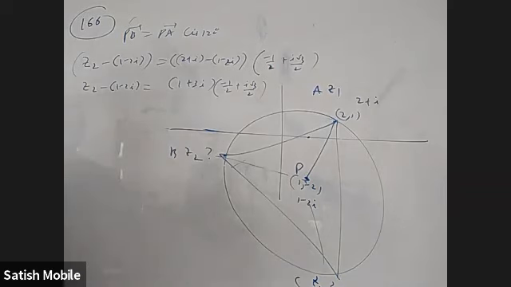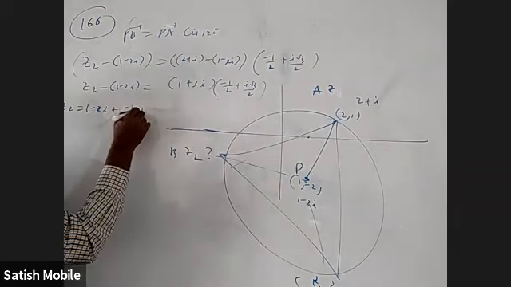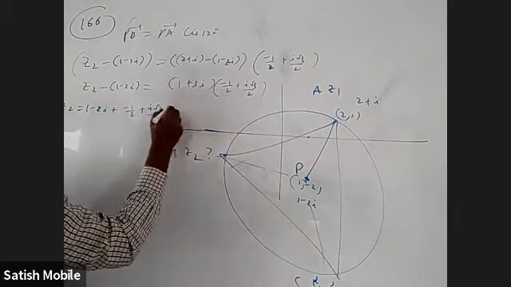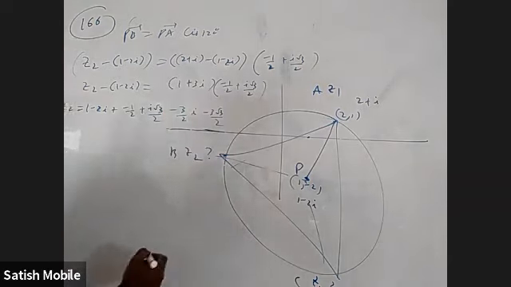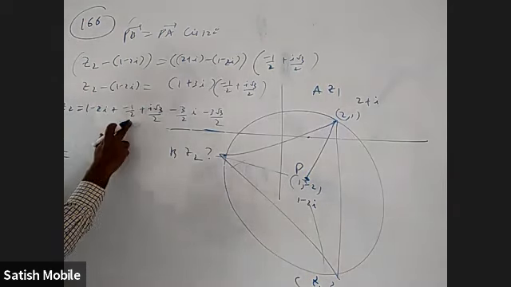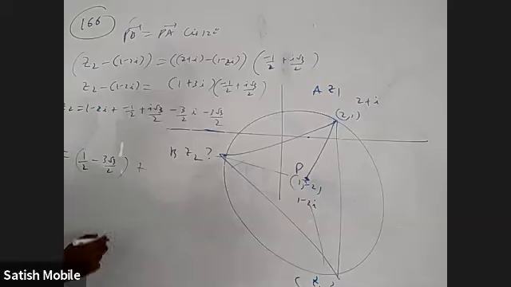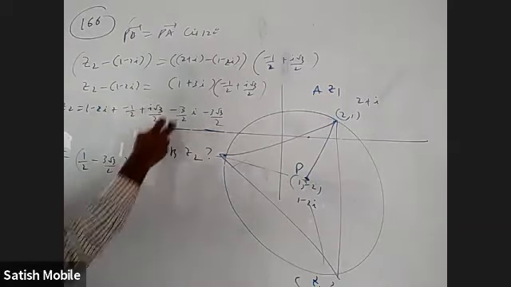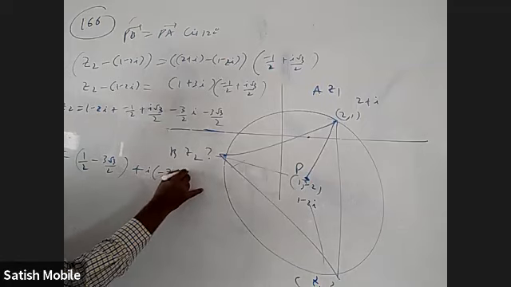How is the answer given? They gave the i part separately. Okay, so expand everything. So Z2 is 1 minus 2i. When I open this, it will be minus 1 by 2 plus i root 3 by 2. This into this is minus 3 by 2 i. This into this is minus 3 root 3 by 2. Okay, so all this put together: 1 and minus of is 1 by 2. This is minus 3 root 3 by 2. I, this is there, and these two together are minus 7 by 2. So if I take i common, minus 7 by 2 plus root 3 by 2.